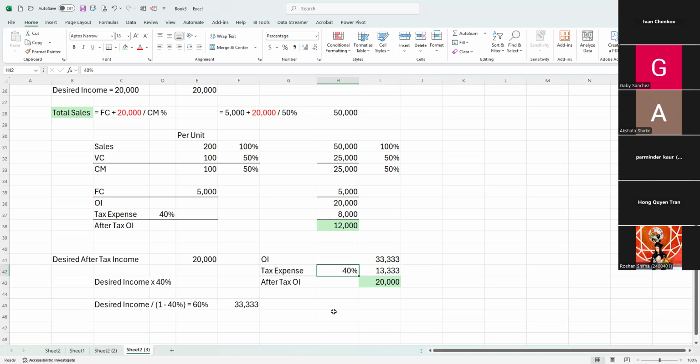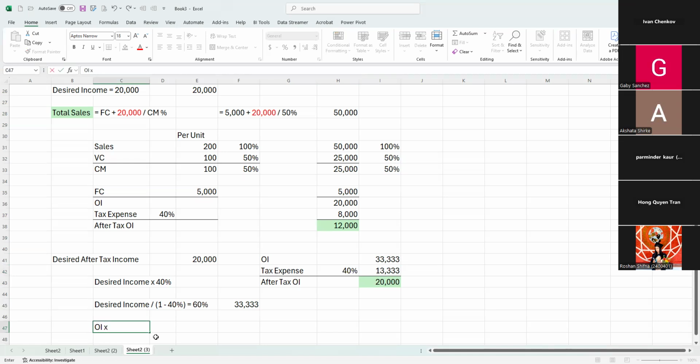Make sense? Yes. So now that brings another question. Now I know how much my operating income should be, right? That's the implication of the after-tax income. So what we have to do, one more step. Knowing that whatever number you're getting here, knowing that operating income